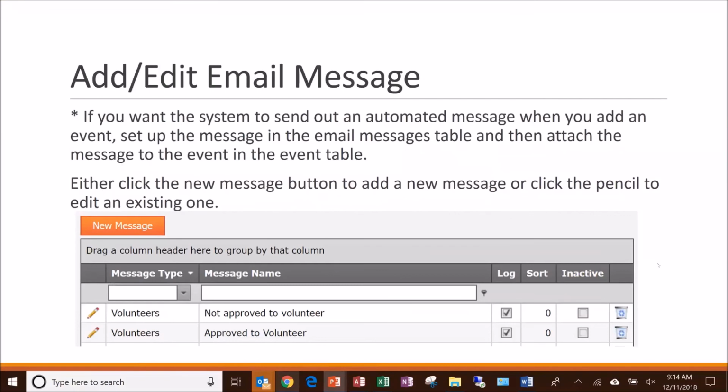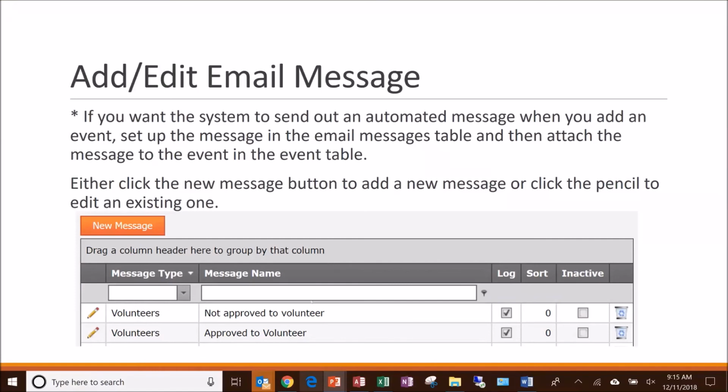Talked about email messages. So if you want to go in and edit or add another email message that you can attach to an event, it's in those same lookup tables. You're just going to look for the table that's called email messages. And when you open it, the table looks like this, and you're going to filter to the volunteer messages. And then you can come in here and either add a new one or edit the existing one. So if you want to edit the one that's attached to your approved and change it maybe, or look at it and make sure you like what's in there,